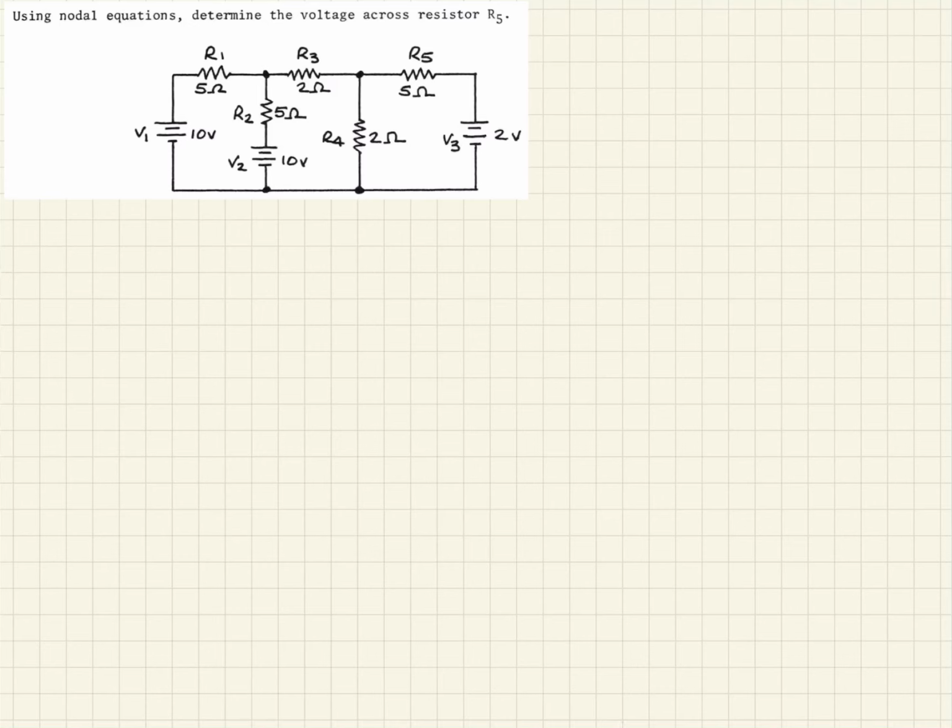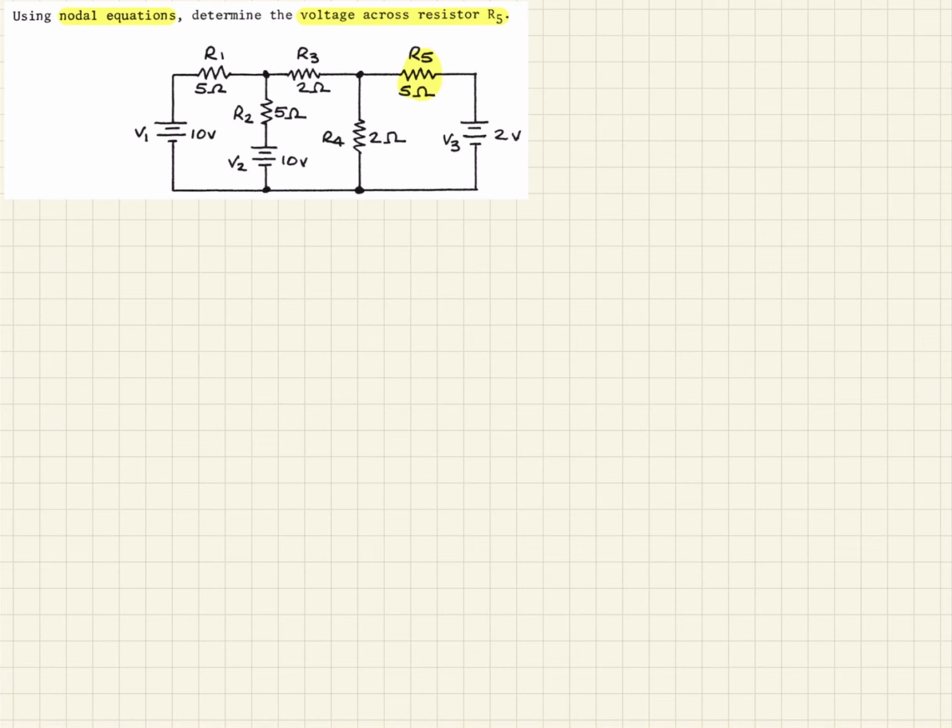Here's another quick application of nodal analysis. They're asking us to use the nodal equation approach, and they want us to find the voltage across resistor R5. That'd be the voltage across this resistor right here. So we note that there are two major nodes here, so we're going to go ahead and designate those